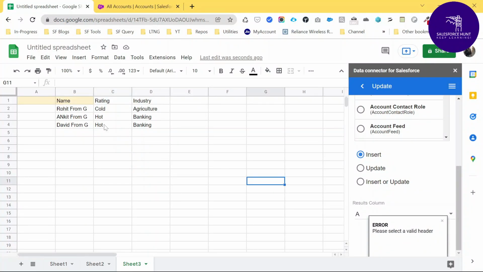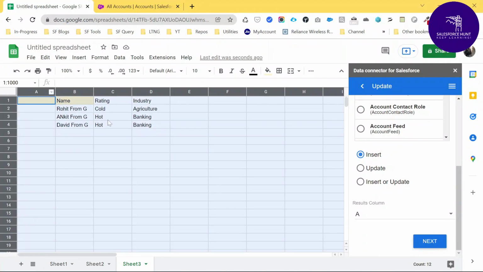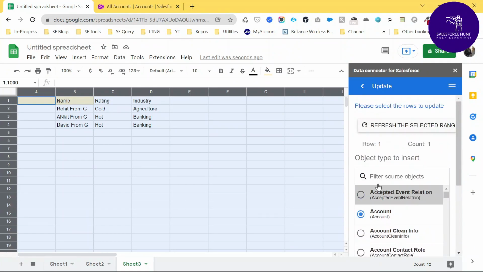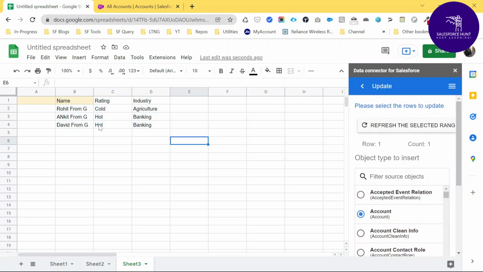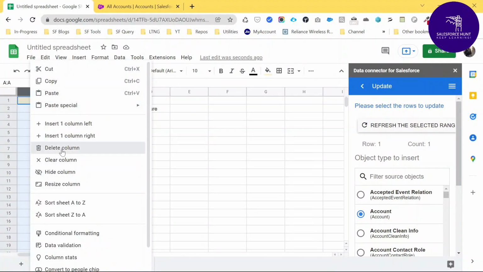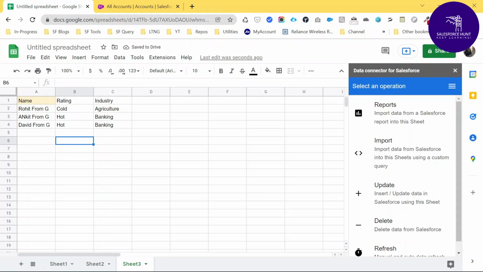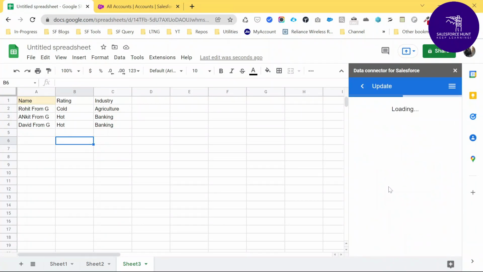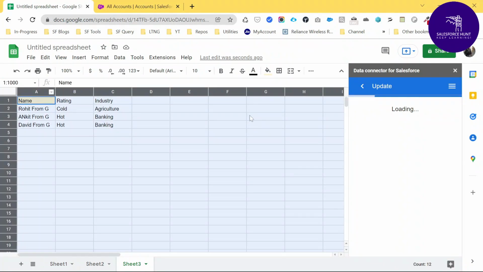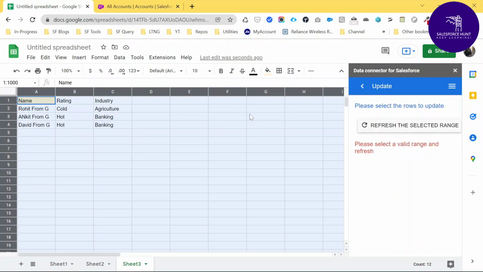Please select valid header. So let me select this header here, right? And click on the next. Still it is showing the error. Okay, so let me do one thing from here. Again you have to delete this column, and just go back here again and click on this update, and select this sheet as you want. So refresh the selected merge field,